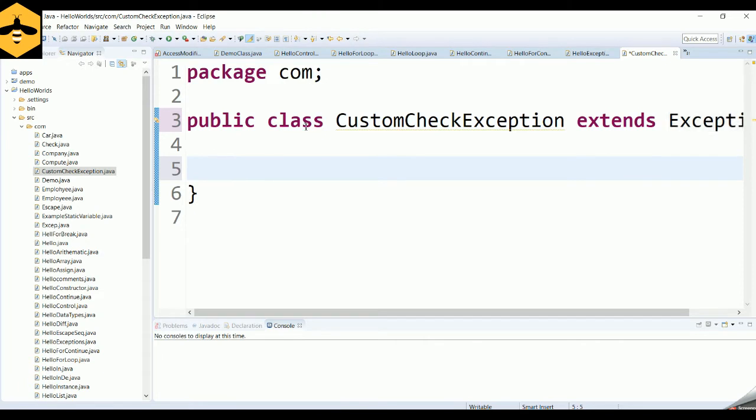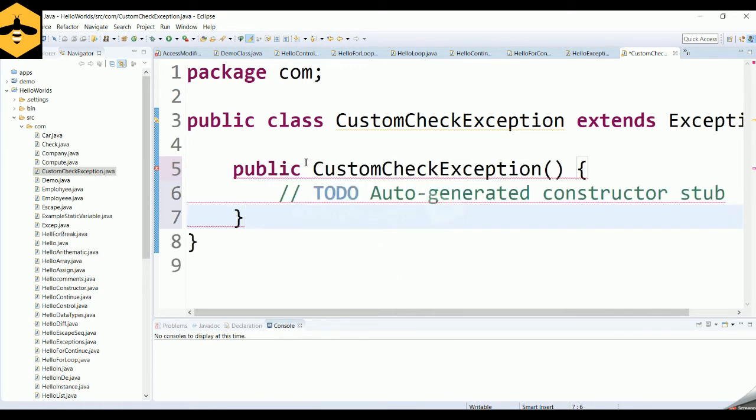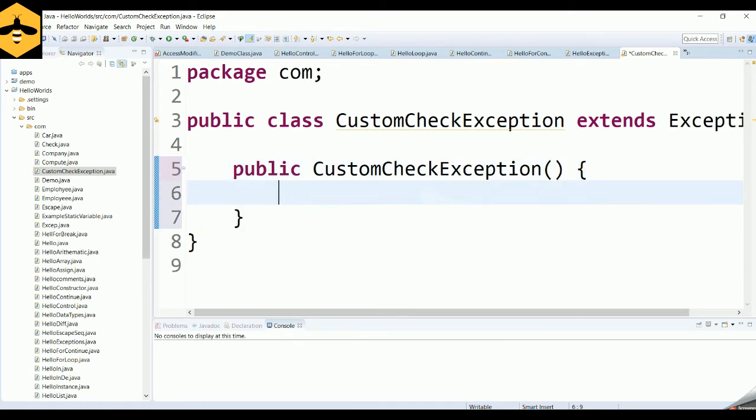And for this particular class, Java itself will create some default constructors, like CustomCheckException without any arguments, which is going to be my default constructor. In this constructor, I want to call my super class's constructor.